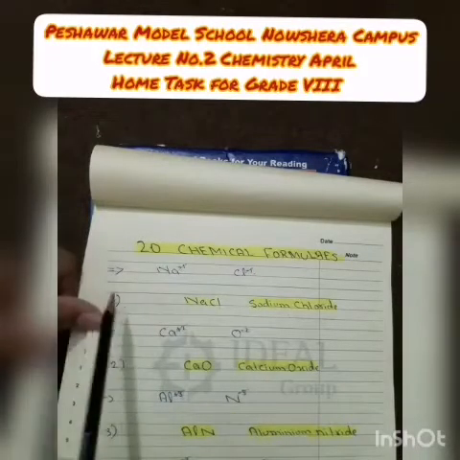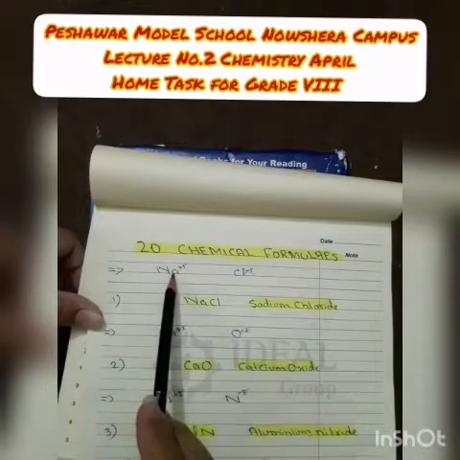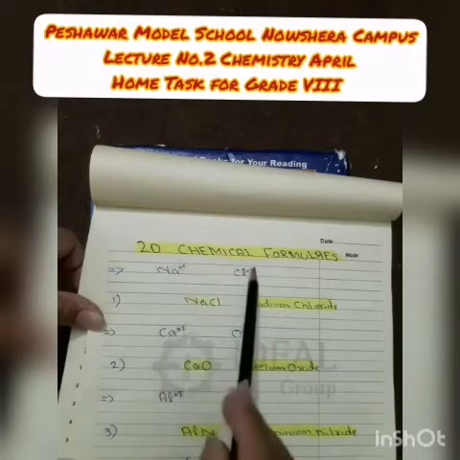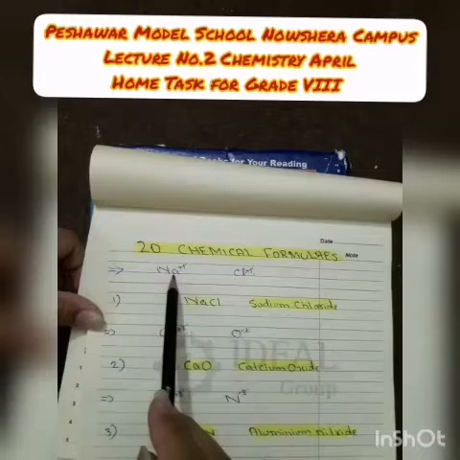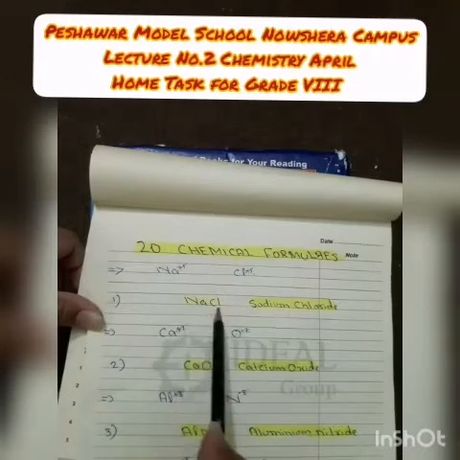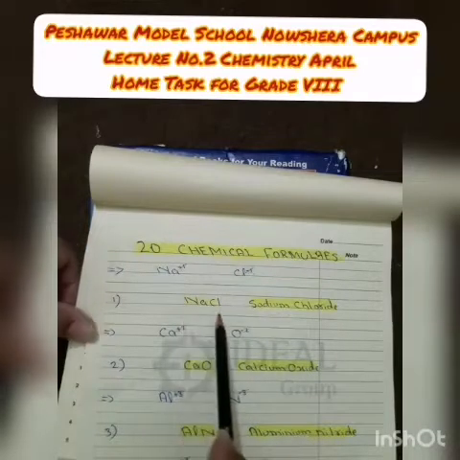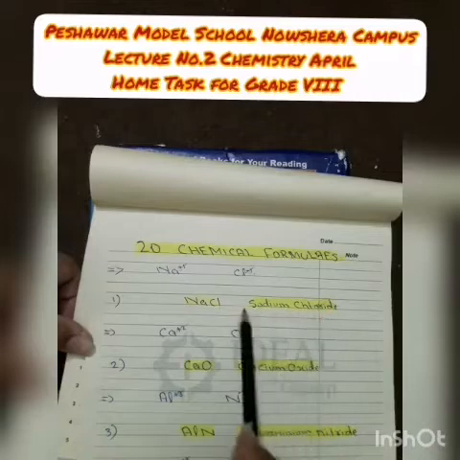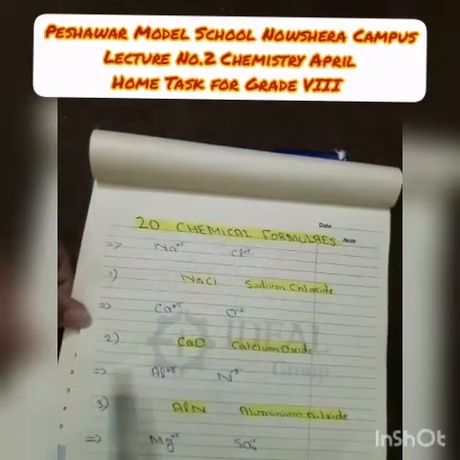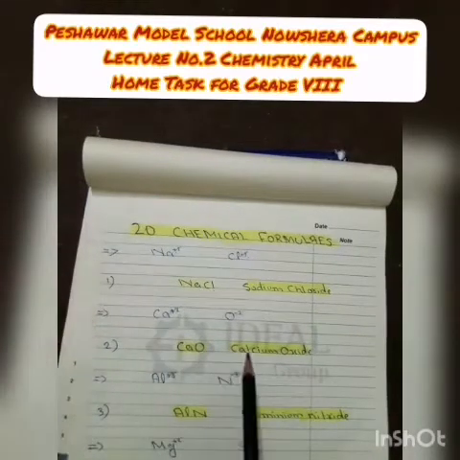Now the third point is that if the valencies of both the elements are the same, sodium valency is +1 and chlorine valency is -1, then they will cancel with each other. The valencies of sodium and chlorine are cancelled with each other. Combining both the symbols, sodium and chloride, sodium chloride is formed, and the chemical formula of sodium chloride is NaCl. NaCl is the chemical formula of table salt, which we use in our home for flavoring our food. Now move toward the second chemical formula.